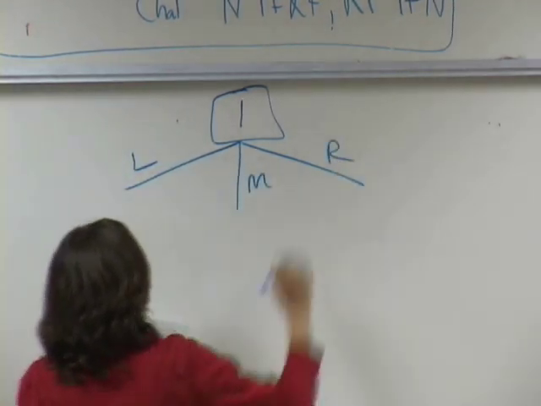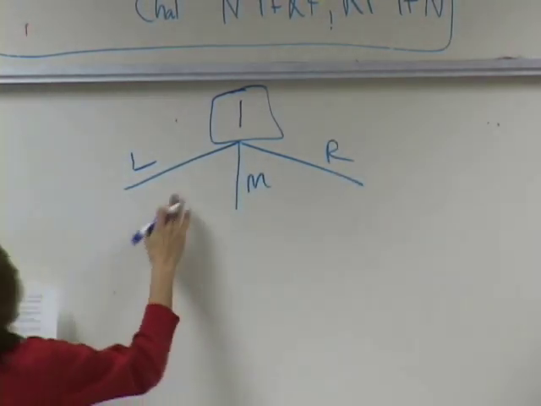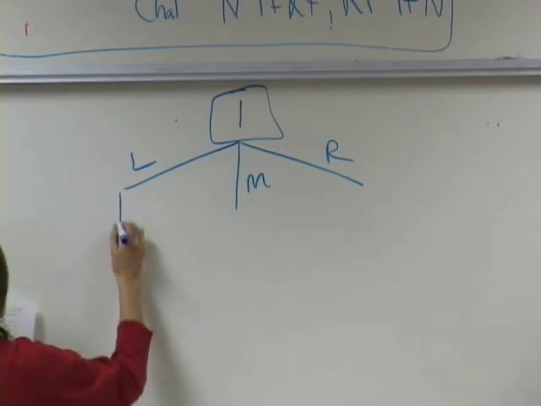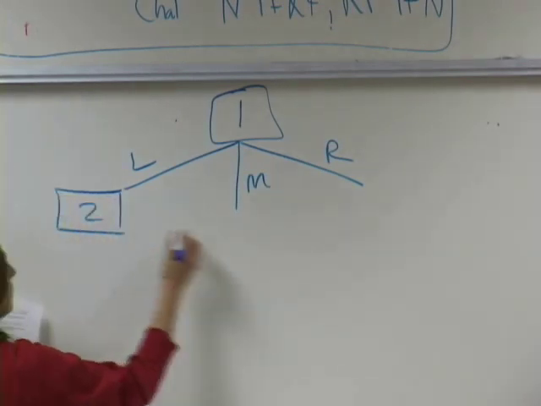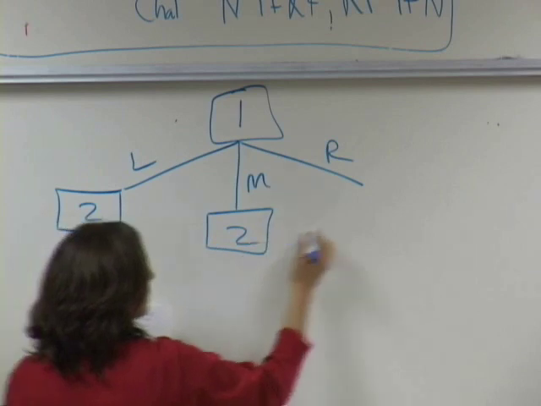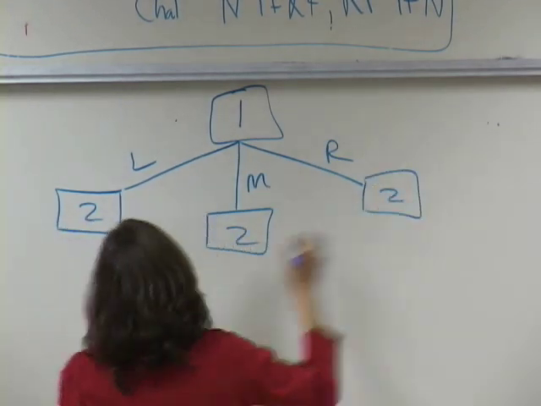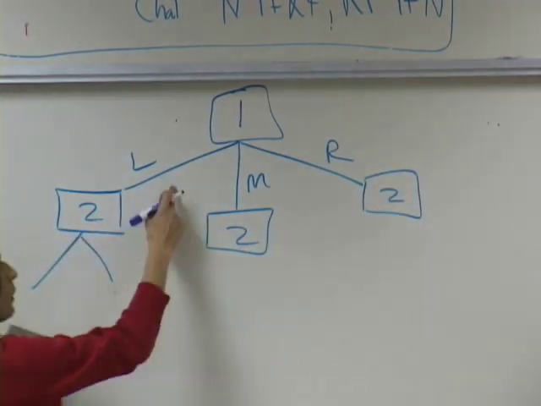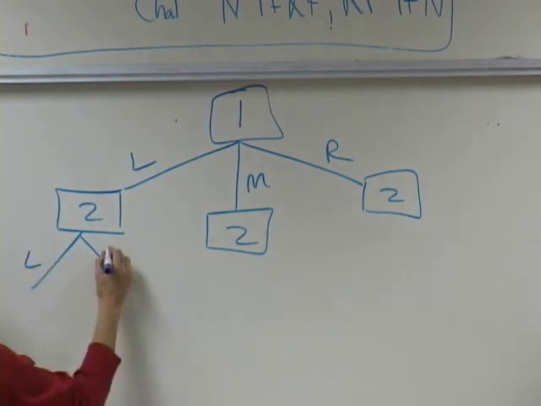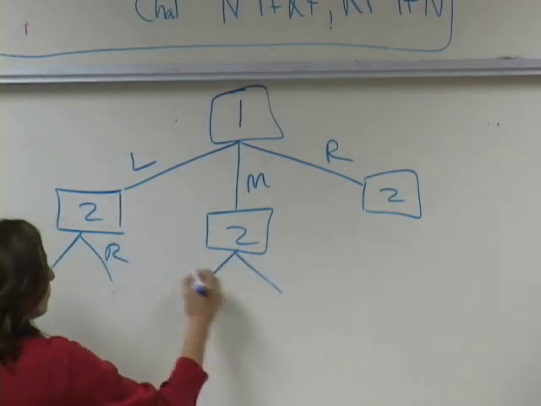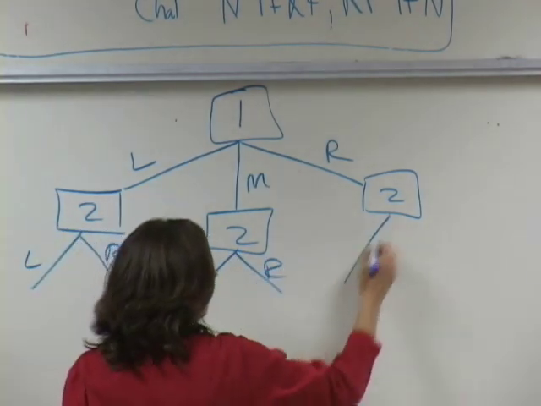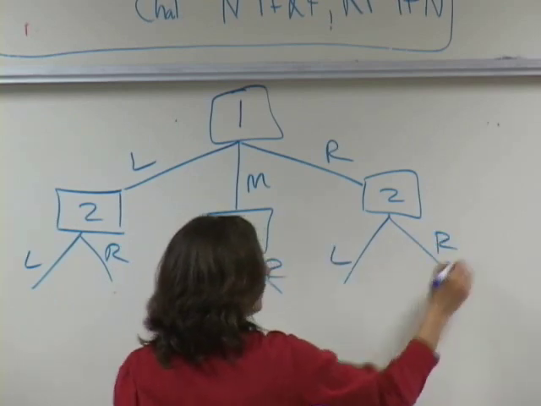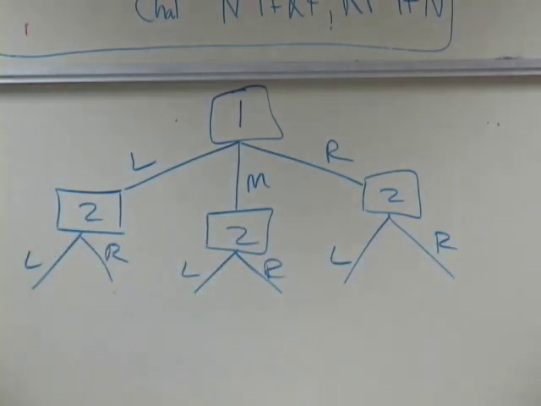How interesting is this story? Once player one makes a choice, player two makes a choice. Player two, regardless of what player one does, can just choose left or right. Left, right. Left, right. Okay. So